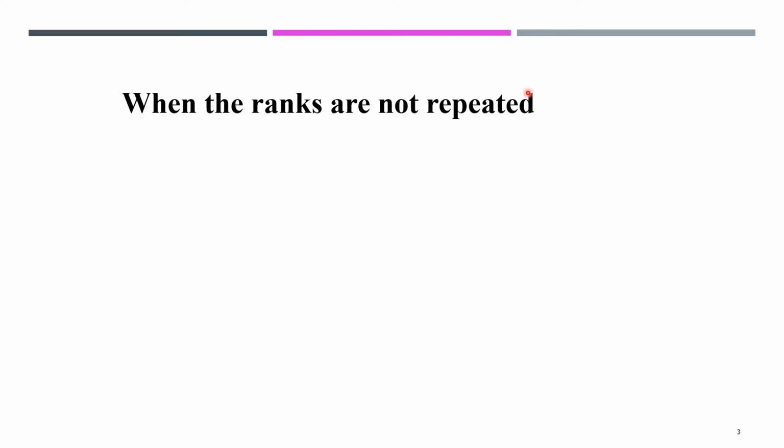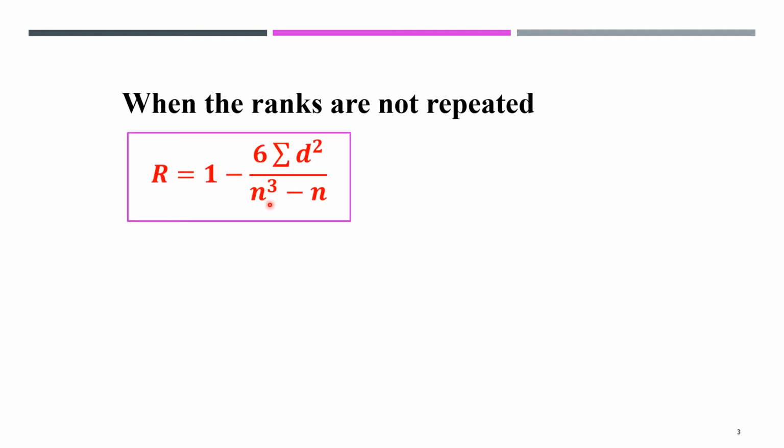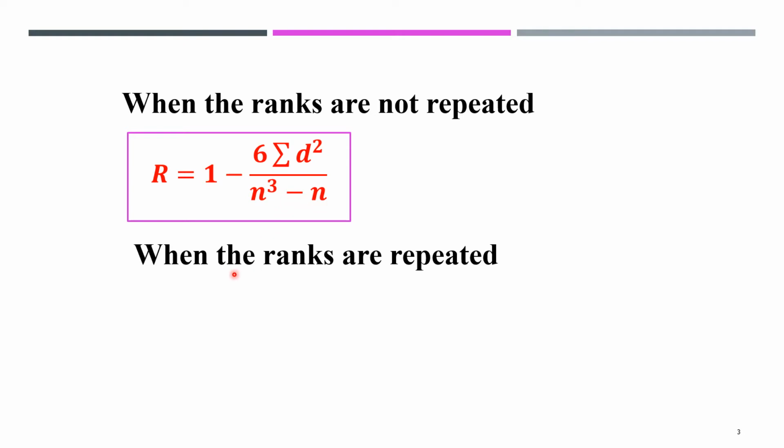When the ranks are not repeated, the Spearman's rank correlation coefficient, denoted by capital R, is defined as R equal to 1 minus 6 into summation d square upon n cube minus n, where d is the difference in the ranks of x and y and n is the total number of data given in the problem. So when the ranks are not repeated, capital R is equal to 1 minus 6 into summation d square upon n cube minus n. When the ranks are repeated,